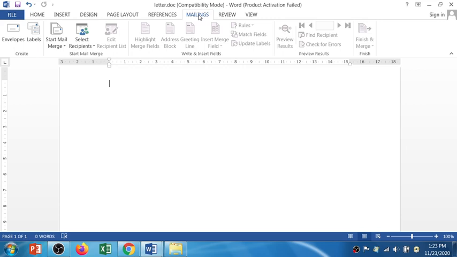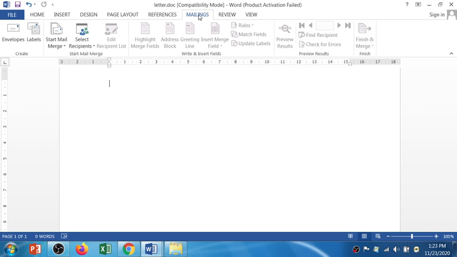You just have to prepare one letter, and the same letter will be sent to multiple recipients. For that, you will require the mailing and other information of those recipients. So let's see how to create it.